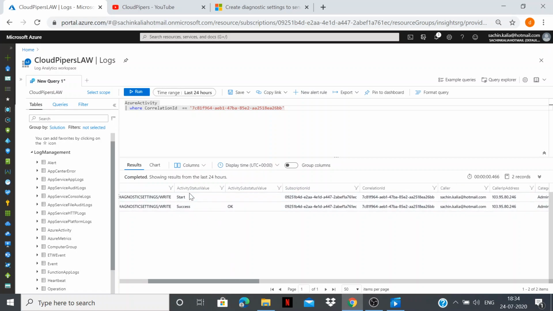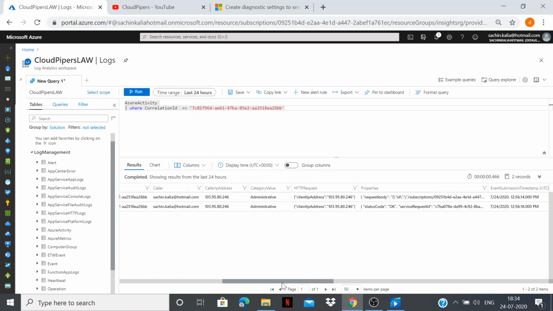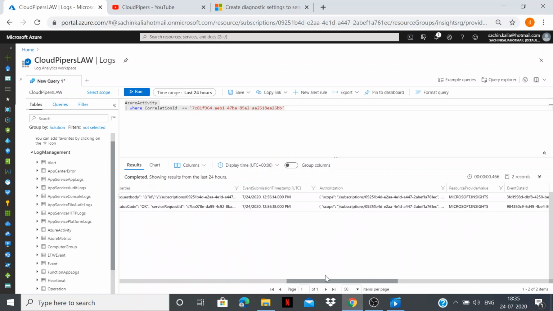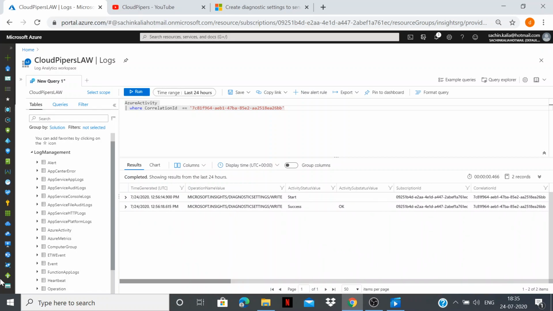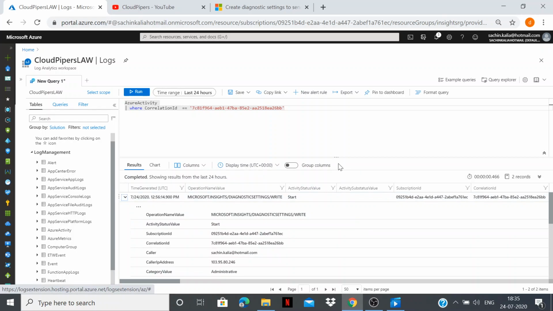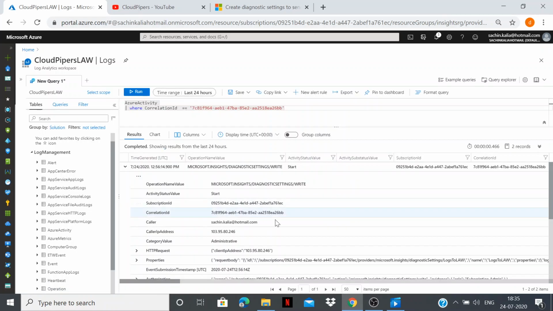The activity status was start and success, and the category was administrative. The caller IP is also there. This is how you can easily identify, in scenarios where something malicious has happened, what the caller IP was. There is plenty of information that you can dig into, and if you click here, it gives you a beautiful way to identify each and every column, and how it looks.